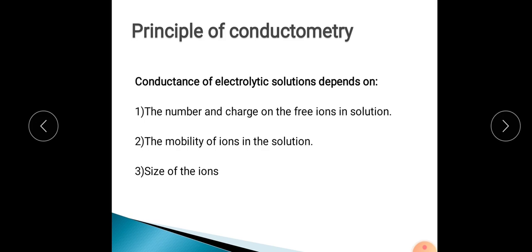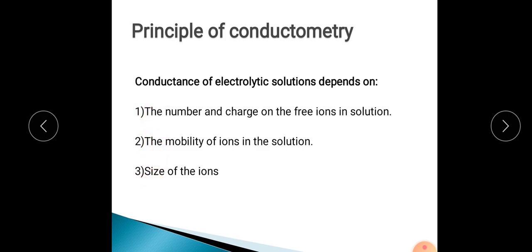The smaller the size of the ion, the greater will be its mobility, and indeed the greater will be the electrical conductance. A smaller ion is capable of moving fast, thereby causing more electrical conductance, whereas a larger ion will be less mobile, and that will obviously give rise to less conductance. So these 3 things are used in the conductometric analysis, and these 3 things are actually the factors affecting electrical